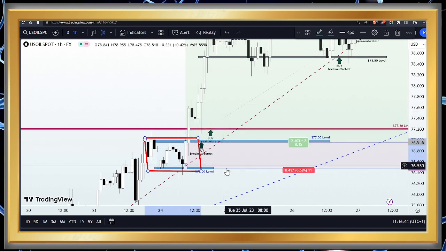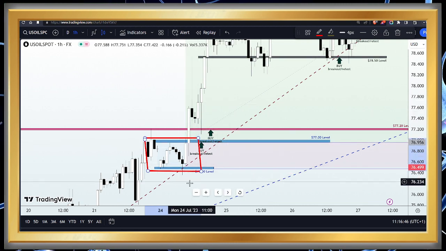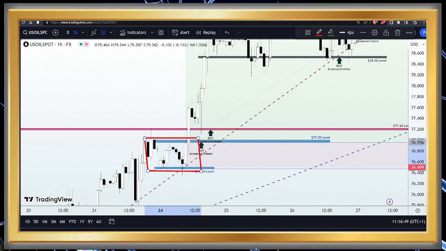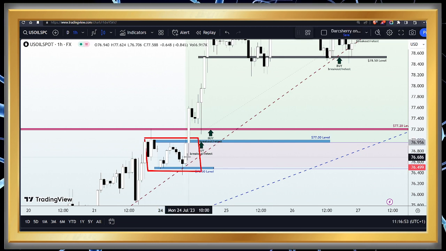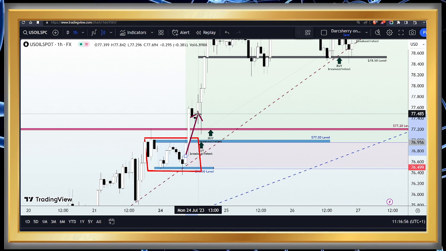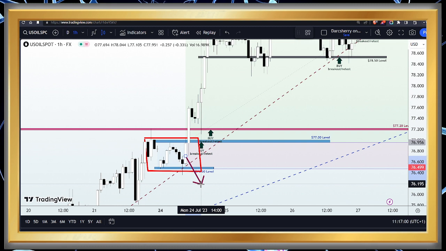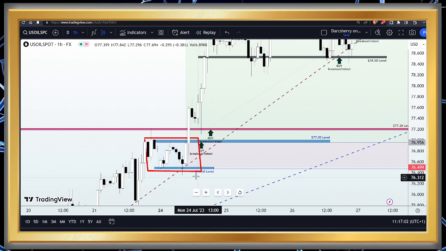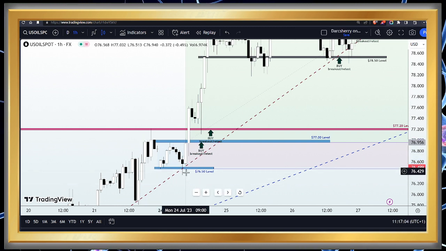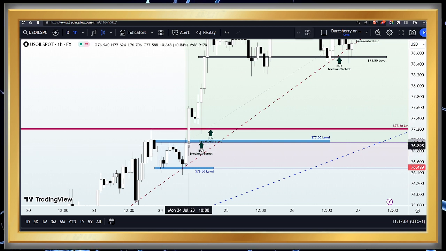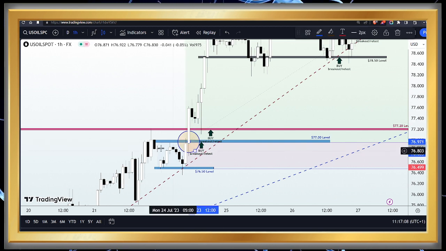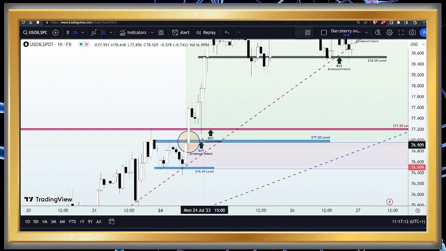And with this situation here, you know how we do it. Whenever we have this kind of range, we want to wait patiently for price action to either break out of the resistance line to give us an opportunity to buy, or break down the support line to give us an opportunity to sell. Now, with the situation we had here, we saw the breakout of the resistance line happen, giving us our first buy position for the week, and we went on to add more positions as soon as price action broke out of the